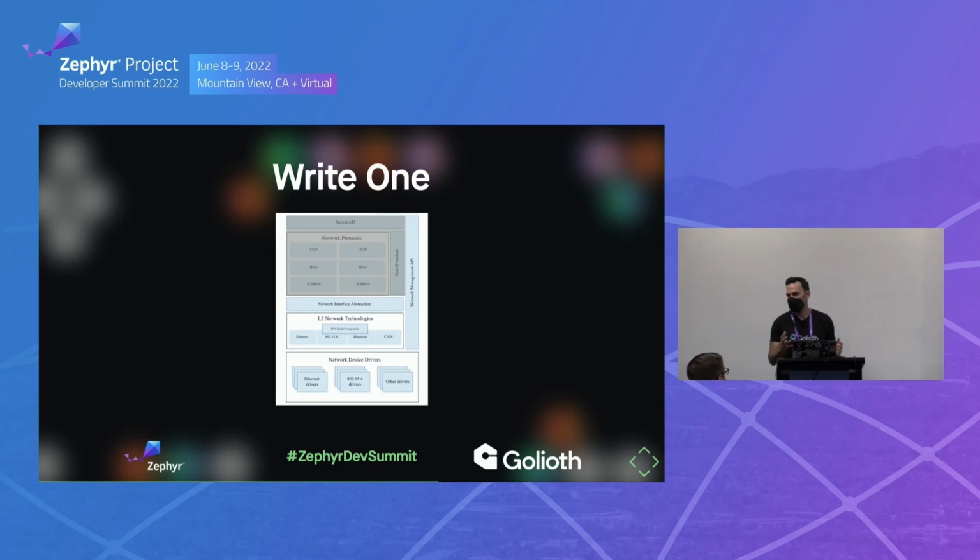And this is what I was trying to get at. If you have to write a driver, if you have to write an implementation of a new type of modem, or you actually just bring up a particular device, there's capabilities within Zephyr in the network management layer that you can dig into. One of the features that I always talk about when I give intro talks is Zephyr's network